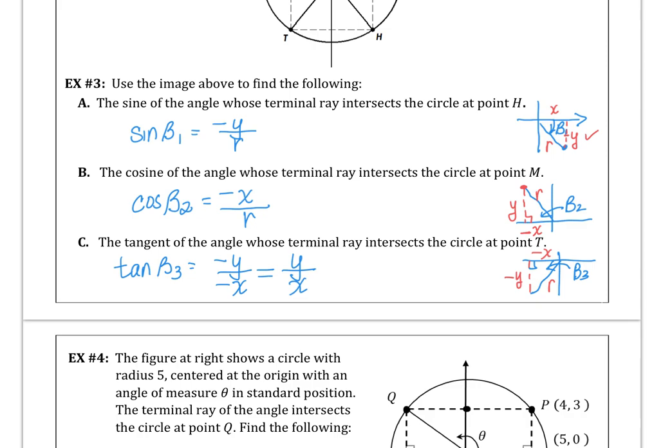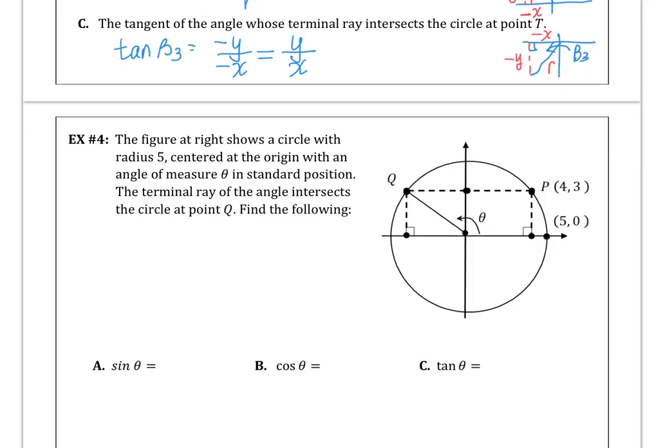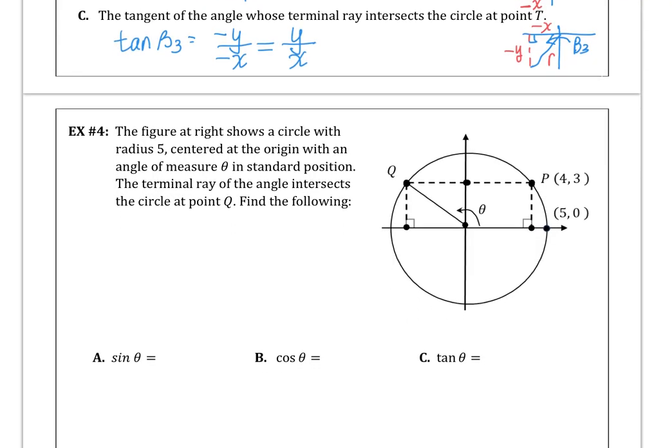Example 4, the figure at the right shows us a circle with radius of 5, centered at the origin, and the angle of measure theta is in standard position. The terminal ray of the angle intersects the circle at point Q. We want to find the sine of theta. So sine, if this side is 5, hypotenuse is 5,